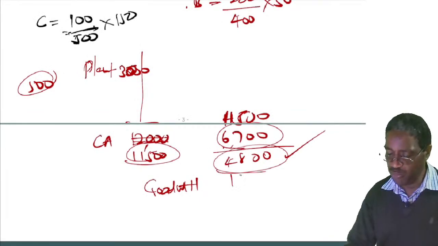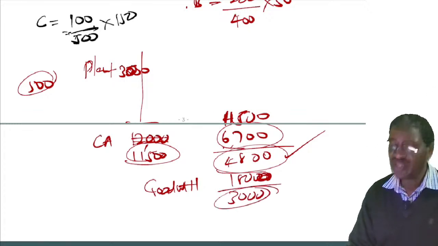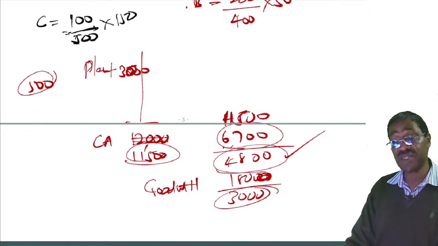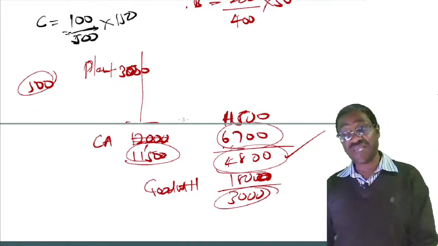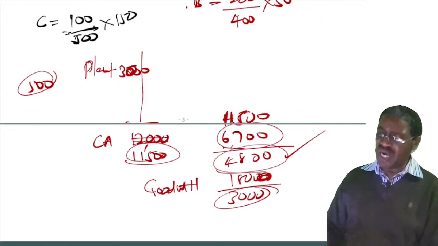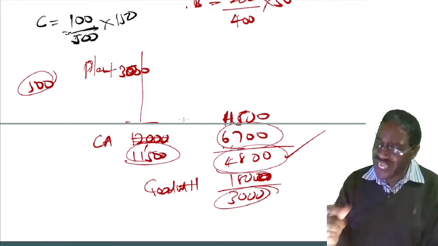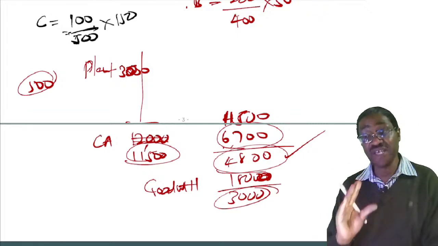So we remove 1.8. We are left with how much? 3 million. Listen, 3 million is the balance of the impairment loss. Listen carefully. Then I have said, this 3 million balance should be allocated